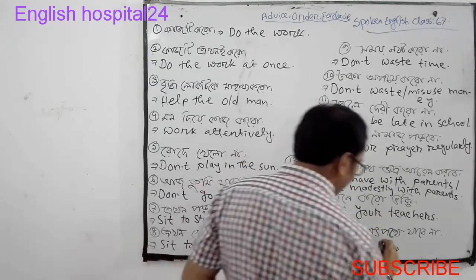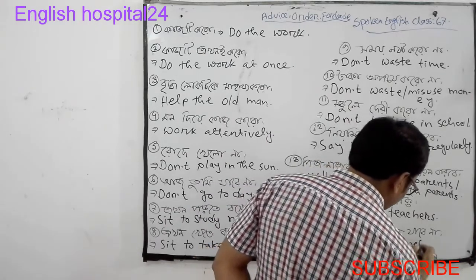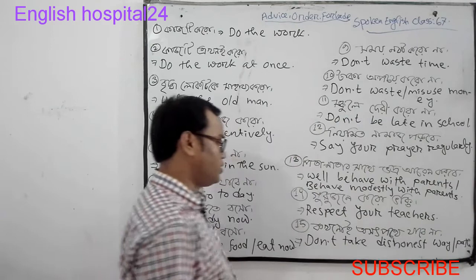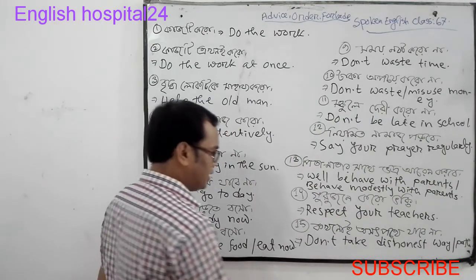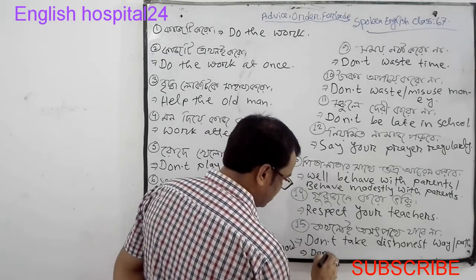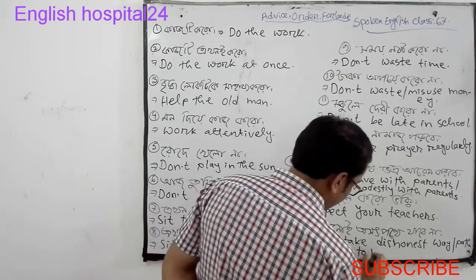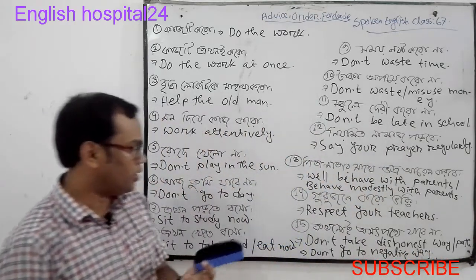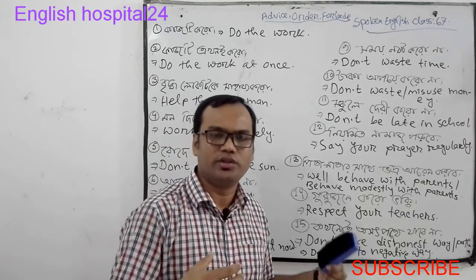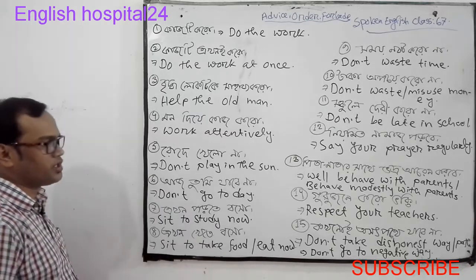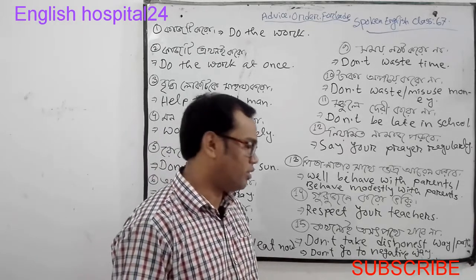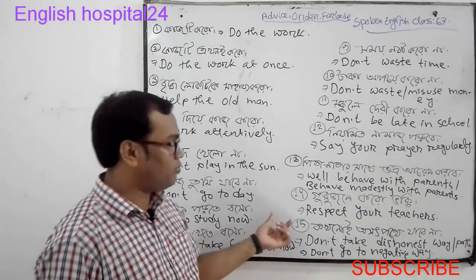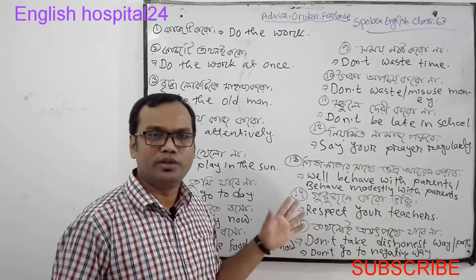কখনোই অসৎ পথে যাবে না, তাহলে don't take dishonest way or path, don't take dishonest way or path, অথবা হতে পারে don't go to negative way, এটা বললেও হয়, don't go to negative way, or don't take dishonest way, or dishonest means or dishonest path, কখনোই অসৎ পথে যাবে না, don't take dishonest way, or don't go to negative way, or don't go to dishonest way, এরকম বললেও হবে।